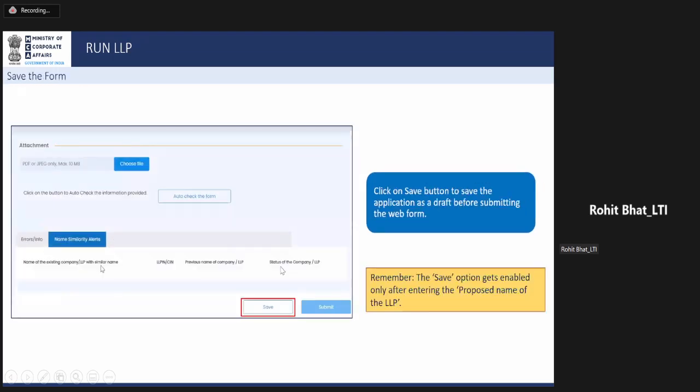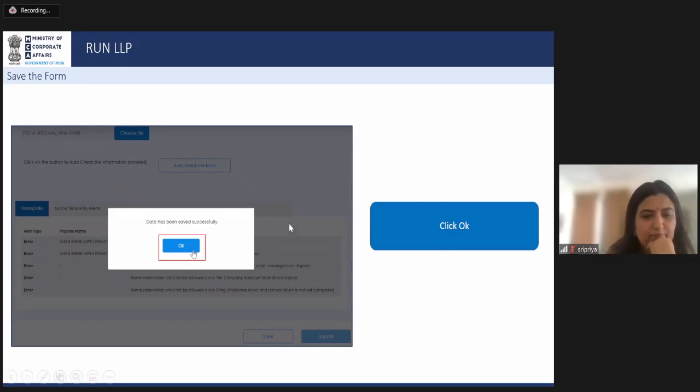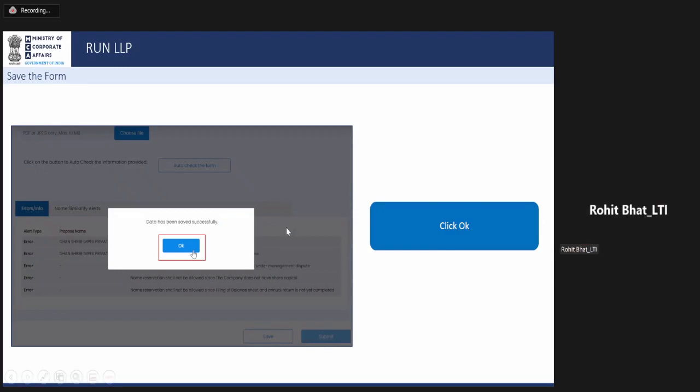We get the option to save the data also. As soon as we click on save our data, the user gets this on each and every page of all the forms. Since this particular form is only one page, we get the option here, and as soon as we click on save, whenever the user wants to access it, they can access it from their application history. When they click on edit, they'll be able to fetch the data which they saved earlier, and they can go ahead and file the form, fill further information, or change the information and then file the form. So this again is an additional facility to all the users.